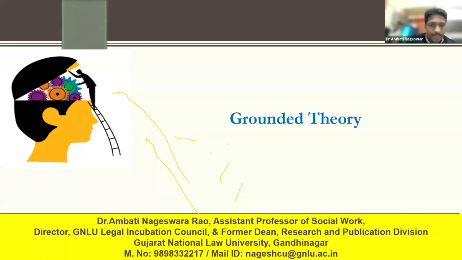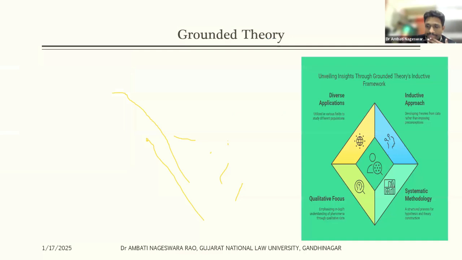Okay. Coming to the next part, grounded theory. Grounded theory is another important qualitative research method when it comes to developing theory. At the beginning of the session, I clearly mentioned that as a qualitative researcher, one of your objectives of conducting qualitative research is to develop the theory or develop the propositions or hypothesis. But if you look at 90% of the theses or research papers using qualitative research, you won't see all the people developing the theory.